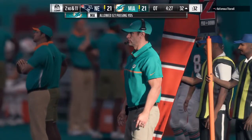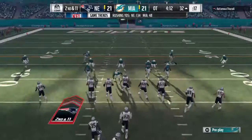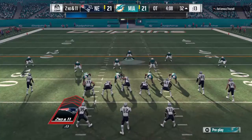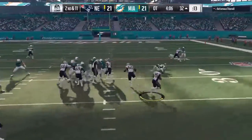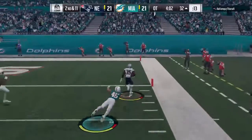Well, that play was doomed right from the start. They just about ran into every defender on that one, didn't he? It felt like everyone got a piece of that tackle. They'll run it now out of the gun. They find some open field here. And he